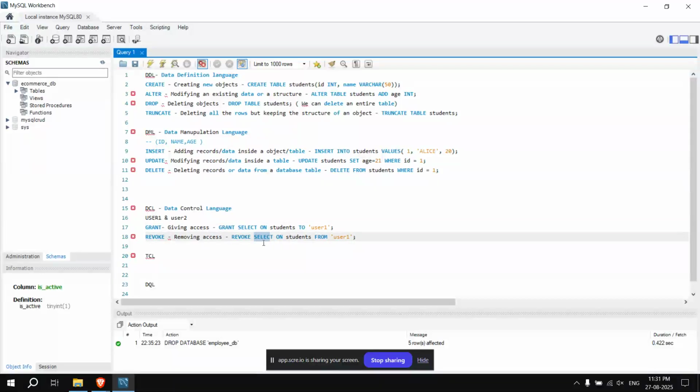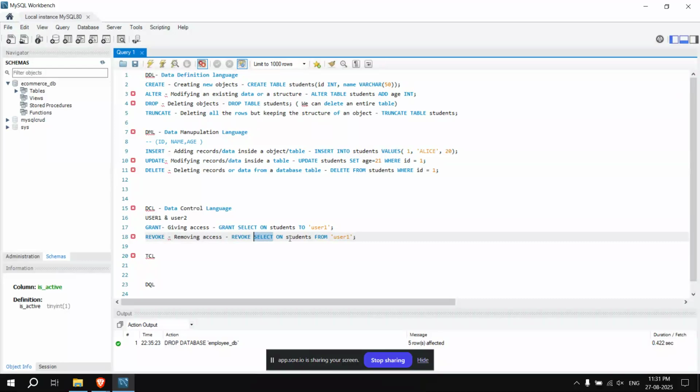So first we need to mention the revoke clause, and then mention the specific permission as we have given to the user. Here we have given the select permission, that's why we're writing the select clause, so we're specifically revoking that permission from the user.